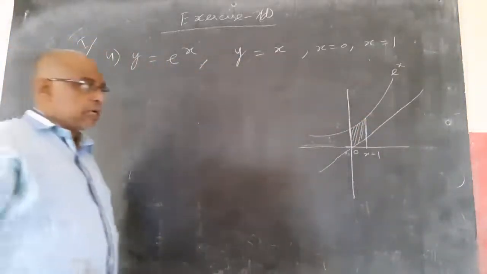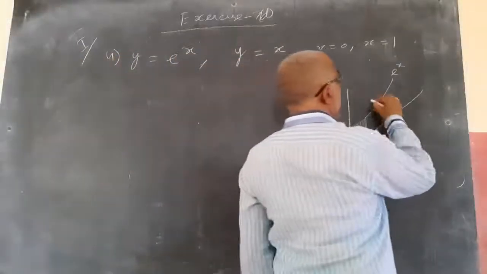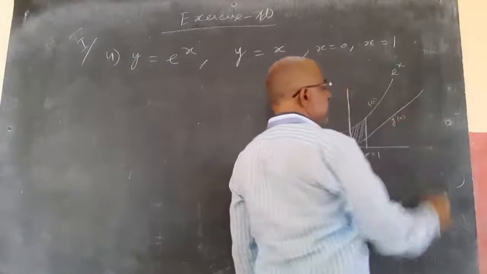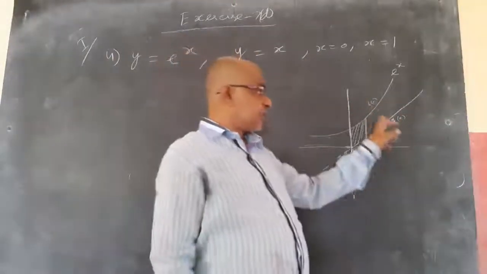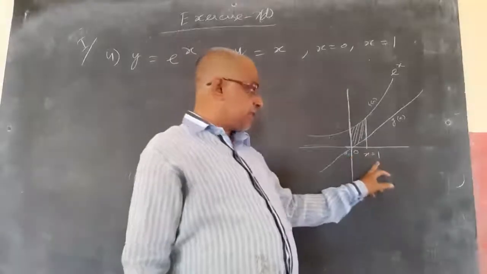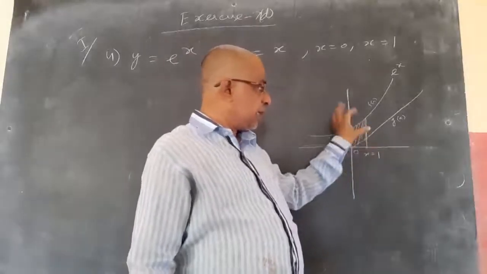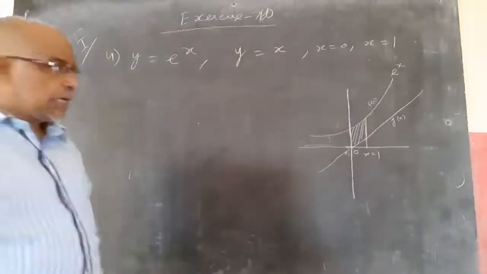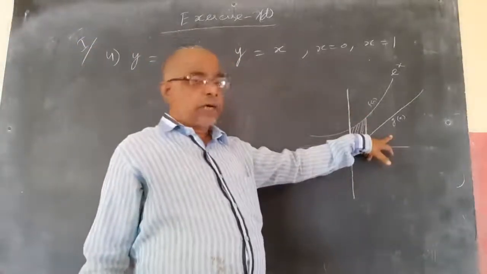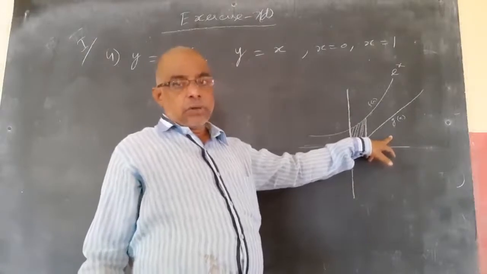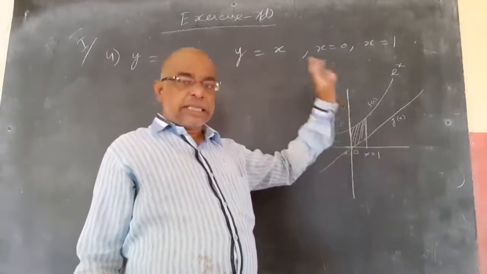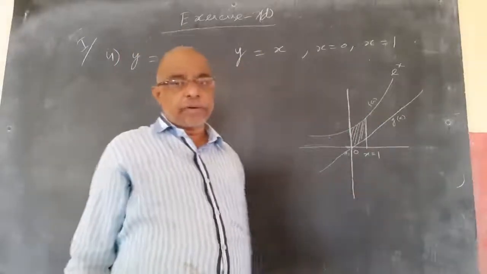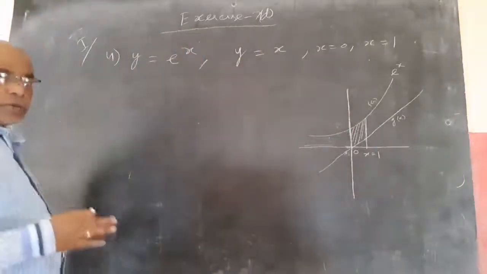So if you observe, what I told is f of x is the upper curve, g of x the lower curve. If f of x is more than g of x, take f of x minus g of x between the limits 0 to 1. That gives this area in between the two curves. If you don't draw the sketch and don't know which is upper curve and which is lower curve, then in that case you can take f x minus g x and take modulus. No need to know which is upper curve. So modulus you can take, I told.